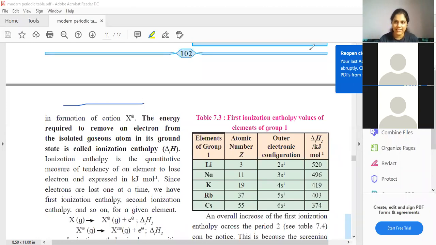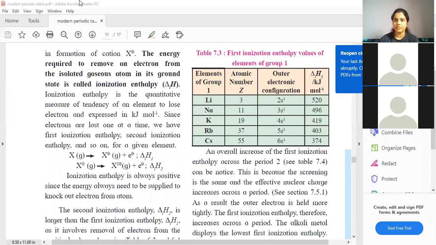I hope you are understanding this. Let us read ahead what is written. Ionization enthalpy is the quantitative measure of the tendency of an element to lose electron. Just mark this. It is expressed in kilojoules per mole. It is an energy quantity, students, that is the reason for joules. So this is the unit for your enthalpy. I am not sure which chapter it is, but in some chapter you are going to have all these delta H enthalpies and quantities in quite detail. We can't get more into it because otherwise we won't be able to complete our chapter. Right now just try to remember whatever I'm explaining.